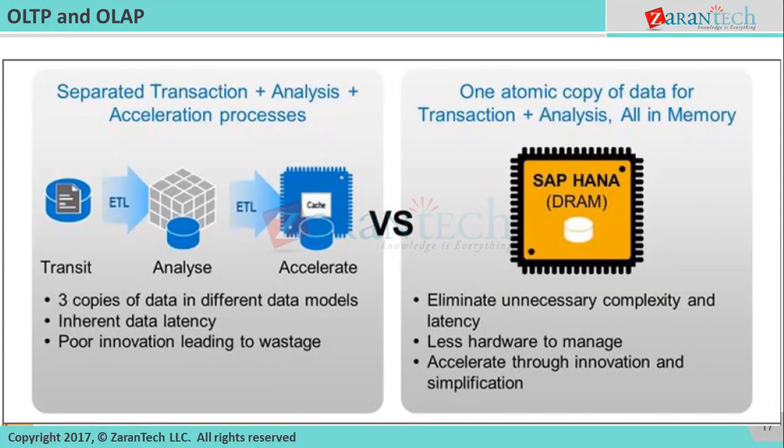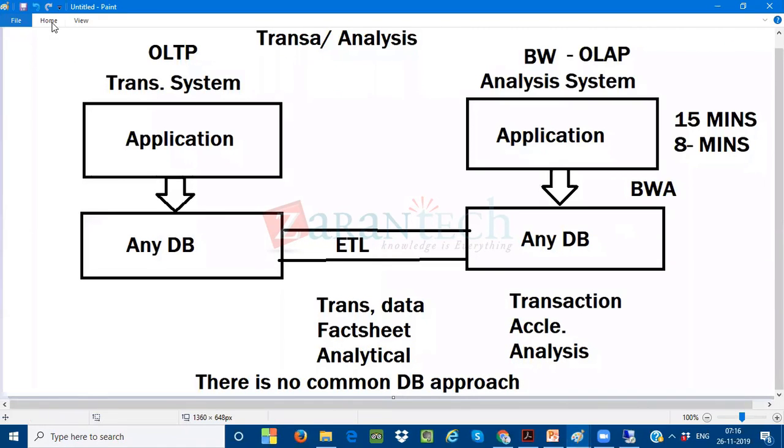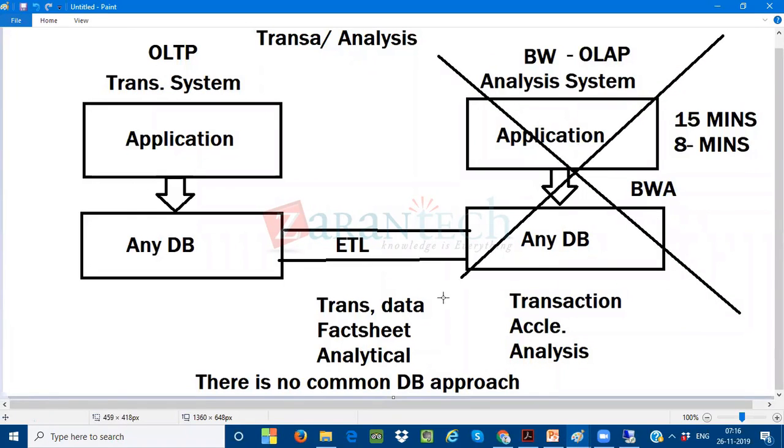Your transactions plus analysis are going to happen in one database. No BW system, no accelerators are going to be required. Now I bring all your analytical and transactional workloads into one database, which I call my SAP HANA database, which has been given the name in-memory database. So it will eliminate the unnecessary complexity and the latency, with less hardware to manage. What is the less hardware to manage? If you see back, I don't require this from today onwards. My dear friends, I don't require this complete system from today onwards. One system